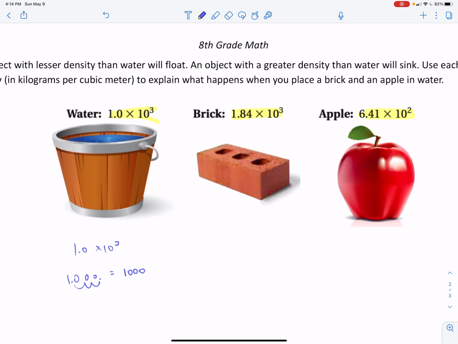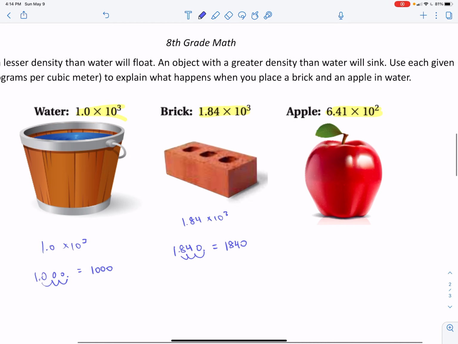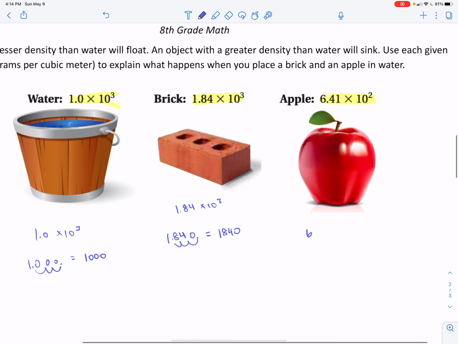Now let's do the brick. I have 1.84 times 10 to the third. 1.84, my exponent is positive. Move it over 3 places to the right. 1, 2, 3. Add a 0. So you get 1,840 kilograms per cubic meter. And then my apple is 6.41 times 10 squared. 6.41. You move my decimal place over 2 times to the right. So you get